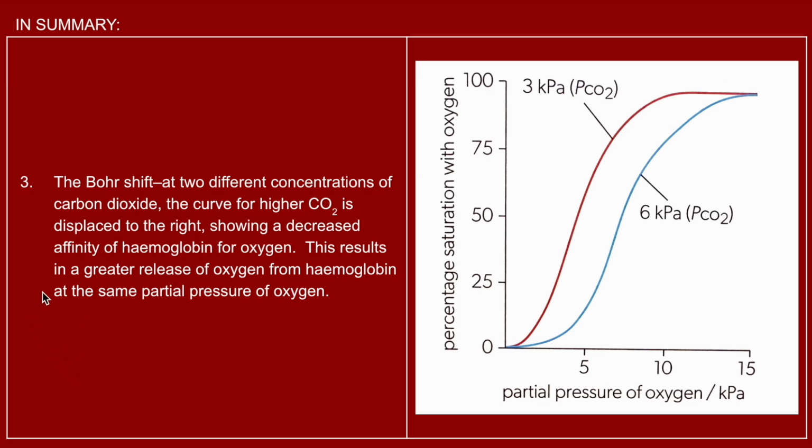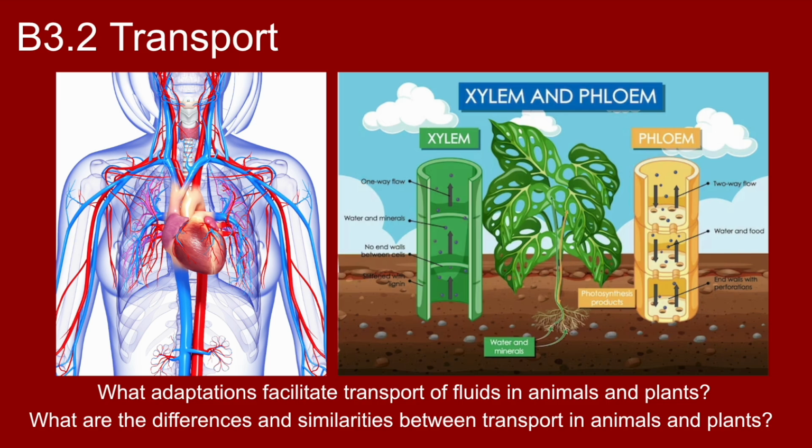When you have two different concentrations of CO2, the curve for higher CO2 is displaced to the right, showing a decreased affinity. So remember, the one closer to the left is going to show increased affinity. And so here we're going to show greater release of oxygen from hemoglobin at the same partial pressure of oxygen. Moving on now, we are going to head over to B3.2 and talk about transport, both in animals and